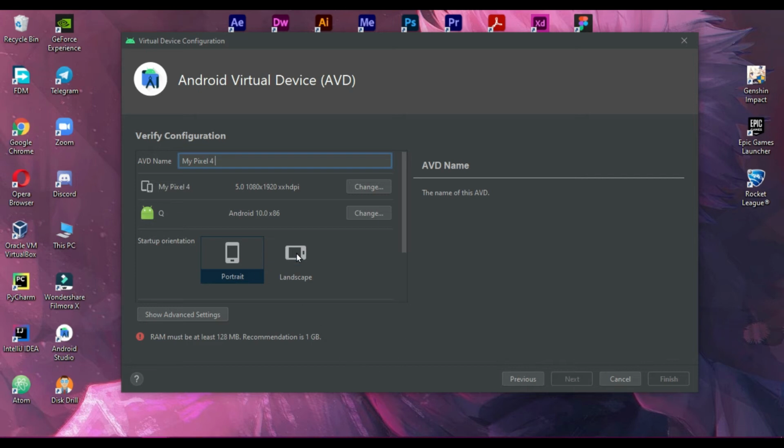And then you have these two options, as in when the device is launched, what you want it to be, as in portrait or landscape. I want it to be portrait. I'll be going on with this. And you have this